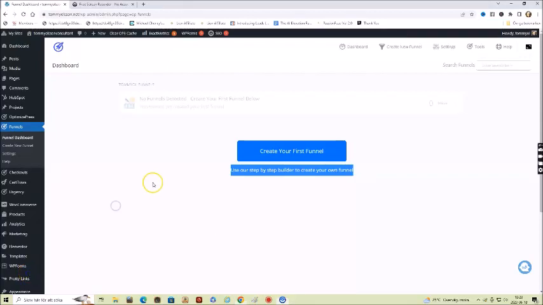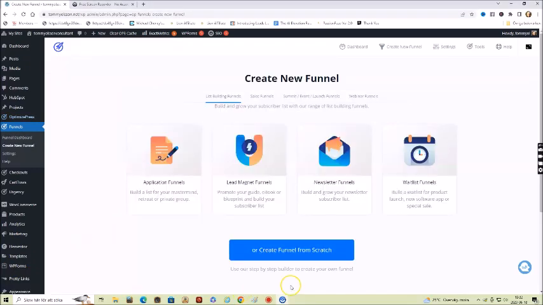Show you how easy it is to create a sales funnel with OptimizePress. Here we are at WordPress, and then we go to OptimizePress and the funnel dashboard, and you click this button, create your first funnel from scratch. But if you begin with this program, lead magnet funnel, newsletter funnel, or waitlist funnel, and this is the list